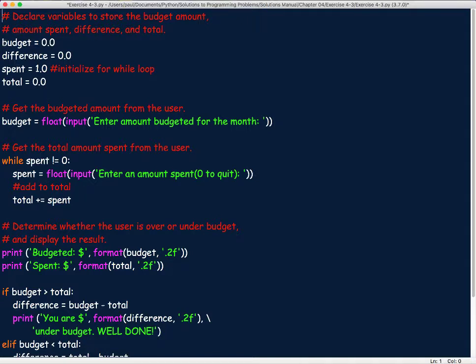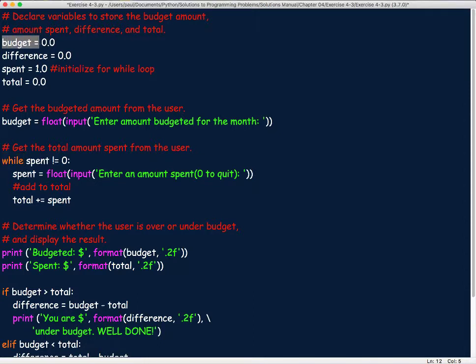But up here at the top, I've created some variables. And this variable here is what's going to be my while loop initializer. We'll talk about that. The purpose of this program is to prompt the user to enter in their budget for the month, and then they're going to enter in all of their expenses for the month. Now, I don't know how many expenses they're going to have. They may have 2, they may have 200. That's why we're using a while, because we're going to let this be condition-based, essentially saying, when they have no more expenses, that's when we'll stop. Because I don't know, they may have 2 or 100.